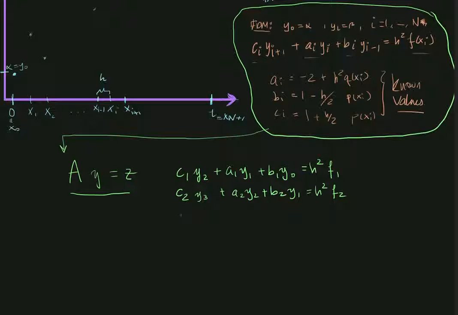And for example, for i equals 3, we have C3 multiplied by Y4 plus A3 multiplied by Y3 plus B3 multiplied by Y2 is equal to h squared multiplied by F3. And so on until we get to i equal capital N, in which case I will have